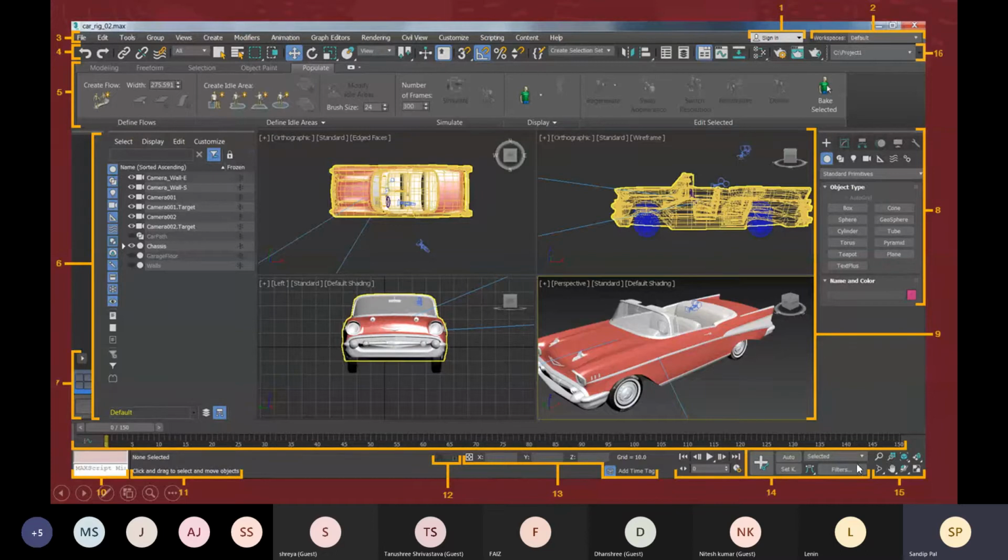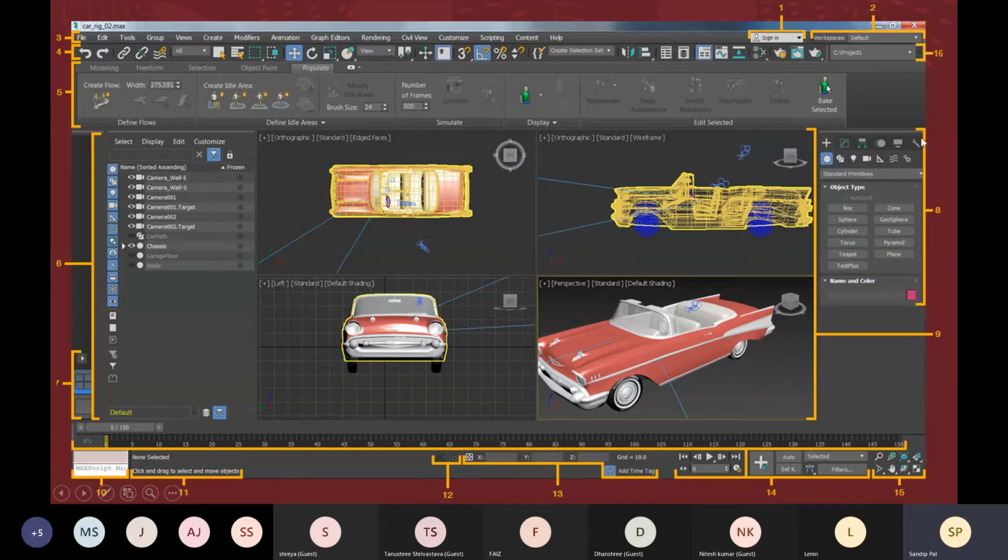And 15, this is our navigation control. In the viewport, to zoom in, pan, orbit around, and maximize the viewport, all of these options are available here. These tools are called your viewport navigation tools.